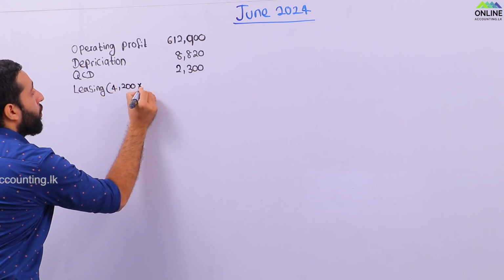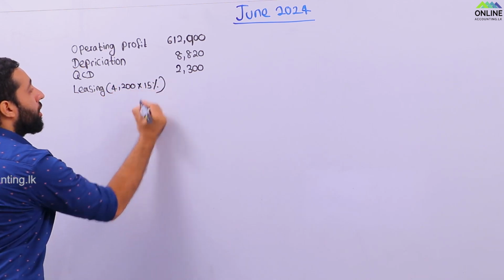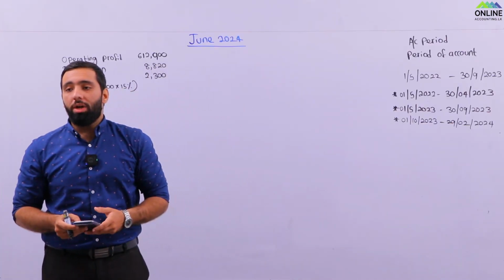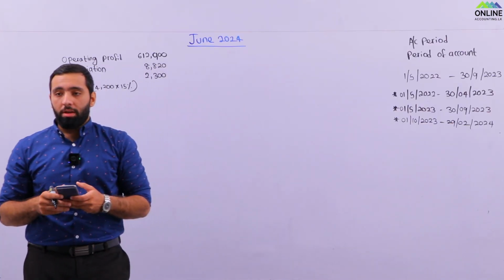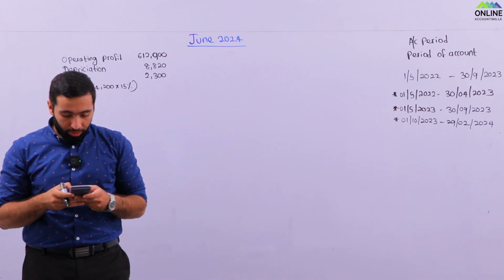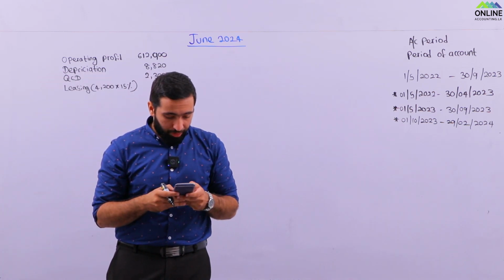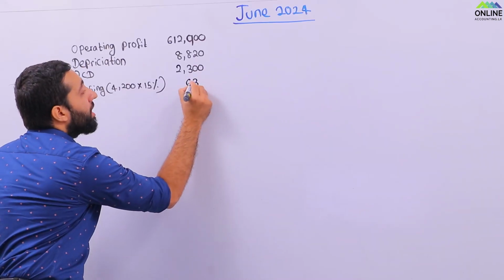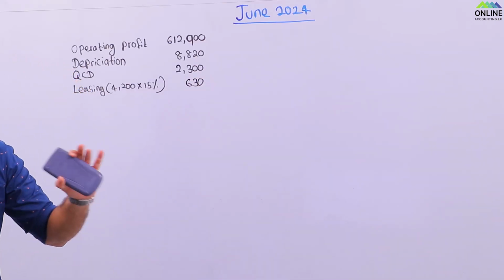4,200, you get it, 15% you disallow. You have to disallow these expenses. So 4,200, you disallow 15% out of this. This will give you 630 pounds. Okay, and then moving on,